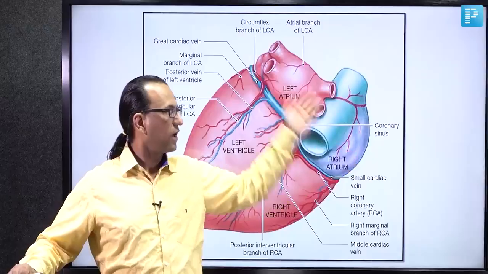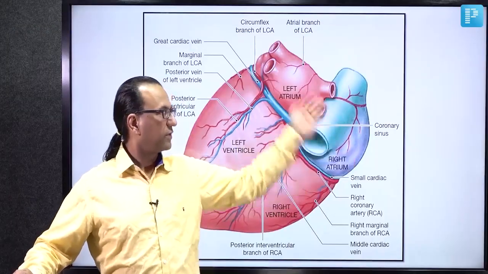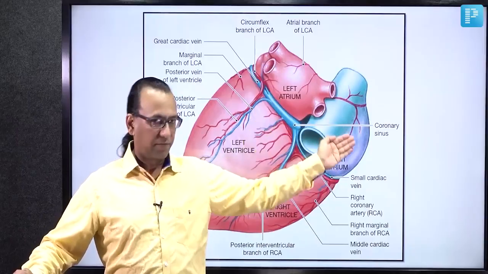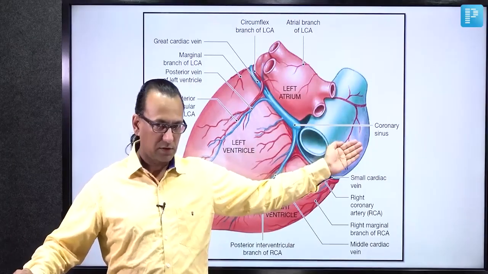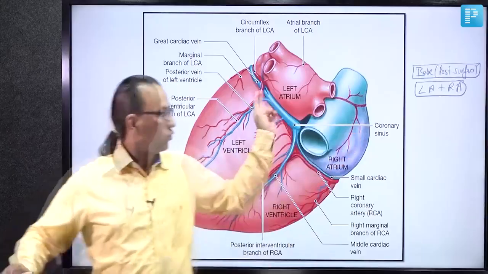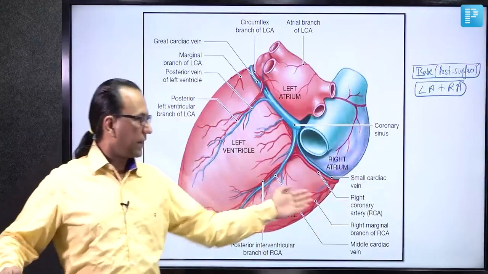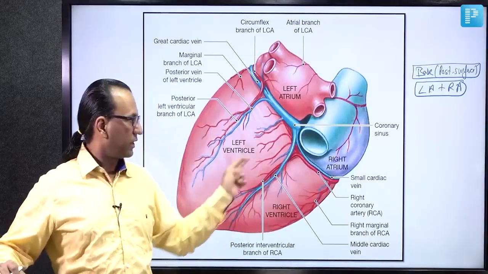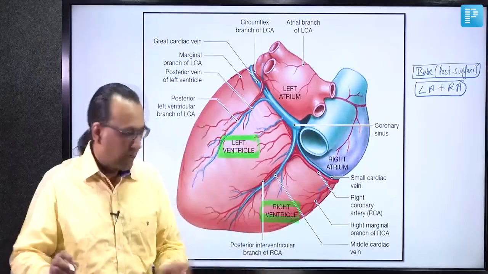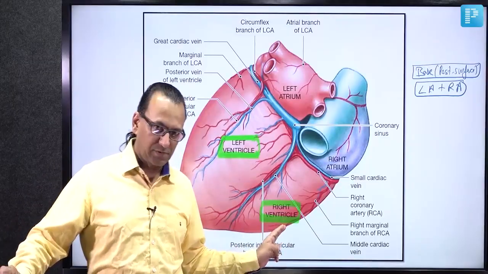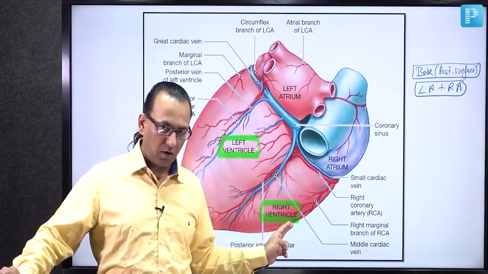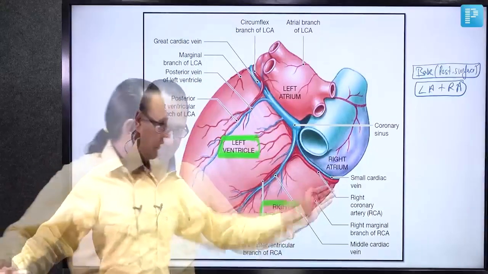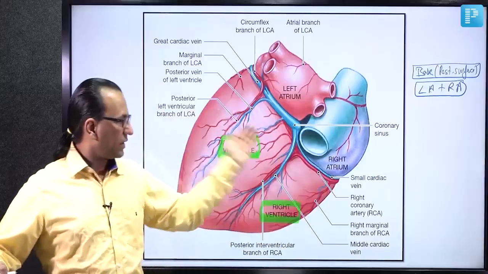One is called the base of the heart, or the posterior surface of the heart, which is chiefly the left atrium and partly the right atrium. So both the atria form the base of the heart, or the posterior surface of the heart. Now, what about the inferior diaphragmatic surface of the heart? It is both the ventricles, chiefly the left ventricle, partly the right ventricle. And both the ventricles are sitting on the central tendon of the diaphragm. So they are called the inferior diaphragmatic surface of the heart, chiefly constituted by the left ventricle and partly by